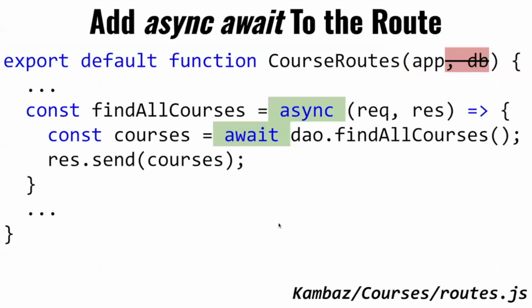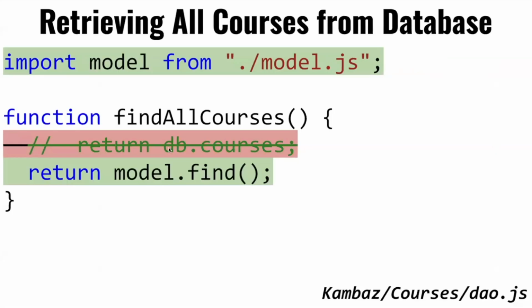Now, because these functions are indeed connecting to the database using the database connection that we opened up in the root server file, and because that connection is remote, meaning it's going to go through a network access, presumably with a database that might be running halfway across the world,